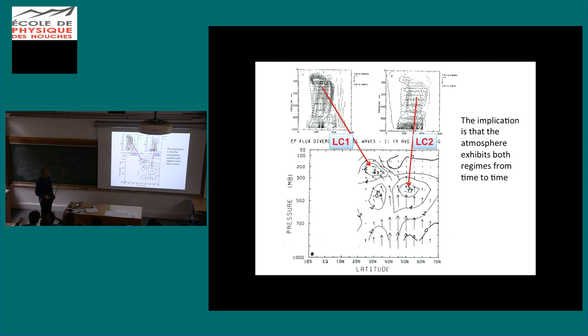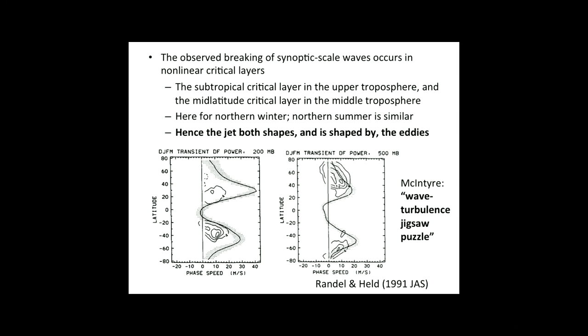So I think this is understood by most people as the explanation, not only first of all for the maintenance of the westerlies, but for these two regions. And you see that this feature is in the upper troposphere, and this feature is a little bit in the middle troposphere. So Randel and Held in '91